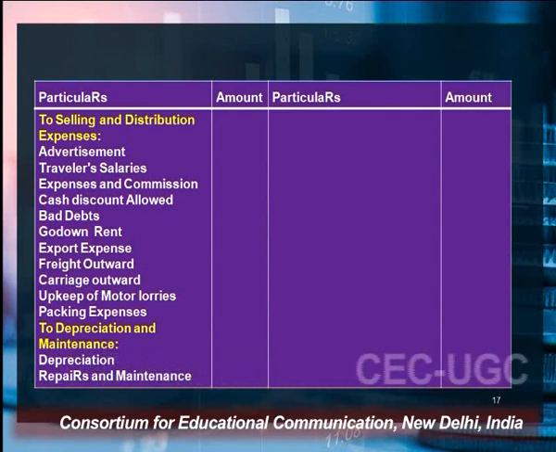Freight outward, this is the transportation cost which is incurred on the sales, so that's why it is included here. There is one more important term, that is freight inward, which we talked about in the trading account. Freight inward is the transportation cost which is incurred at the time of purchasing of goods. If freight inward is given in the question, that is an item of direct expenses, and that will be shown